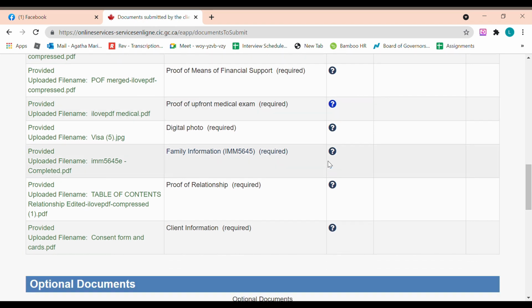And next up is another form, family information, IMM 5641. This is very short, I think 1 or 2 pages. Proof of relationship. What I submitted here is, since Brianna is my child, I did submit a copy of birth certificate, marriage certificate, and I also did submit proof of relationship between us and the sponsor. So in this case, I have my auntie as my sponsor. So I also submitted birth certificate of my auntie and birth certificate of my mother. This is to prove that they do have the same parents, just to prove that she is my auntie.